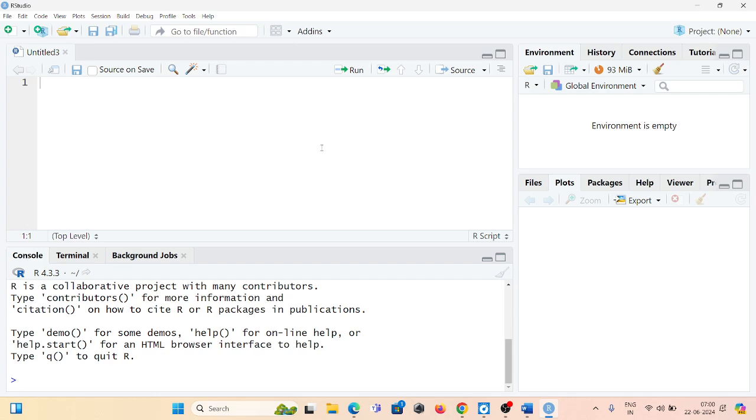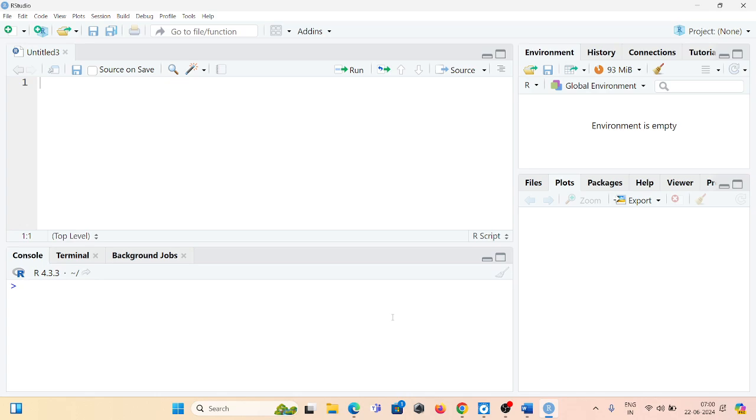The editor and console are used interchangeably for writing input and displaying output, but basically we use the code editor to write the code, and we can also use the console for writing code and getting the output. So let's come to the console. We can clear the console using Control and L, and the console will be cleared.